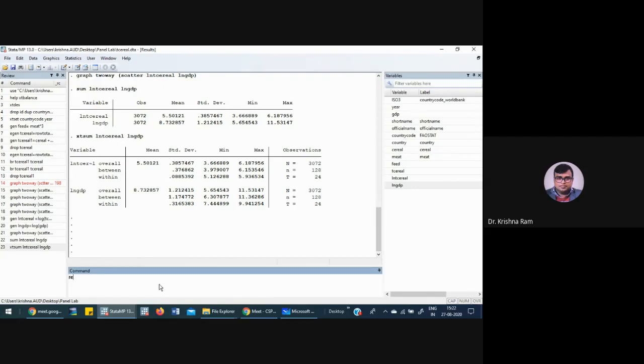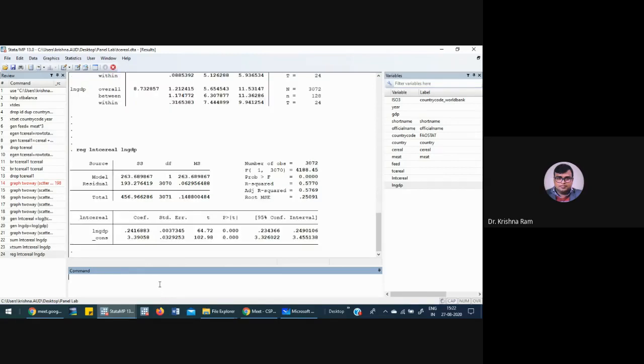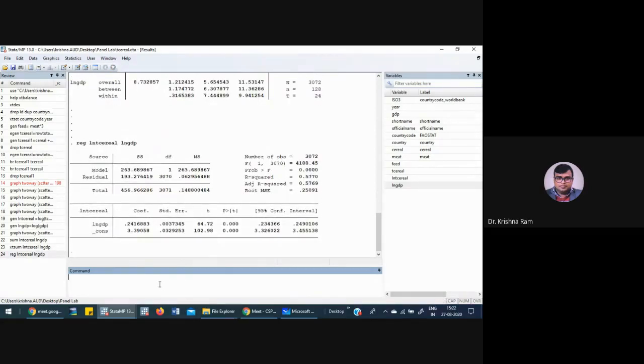So this one is the XT summary command. After that, we use the regress command for estimating the full regression model. I am using ln total cereal and ln GDP. If I go without mentioning any robust standard error and run a simple linear regression,